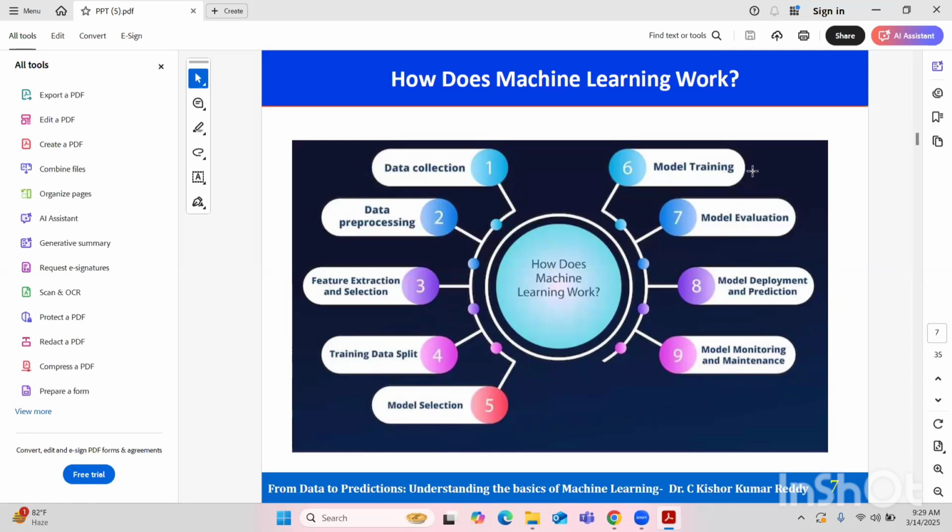Then you will supply your testing data here. Based on the testing data, how far it is working perfectly is what we call model evaluation. Once the model is evaluated, it has to be deployed. Deployed in the sense that it can be an app or a website, to be user friendly. Once it is deployed, there should be maintenance and monitoring for this. Why each stage is important, we will see now. So before data collection,